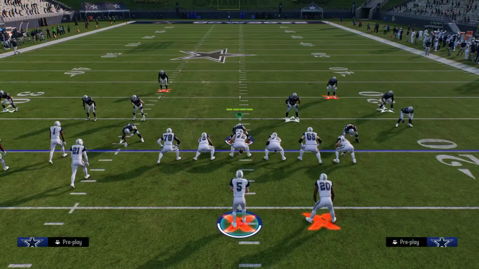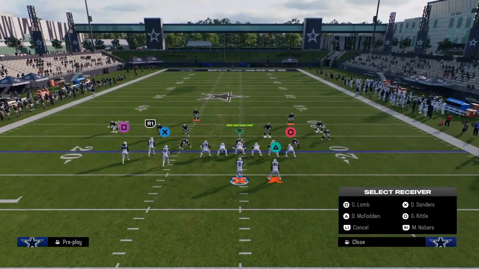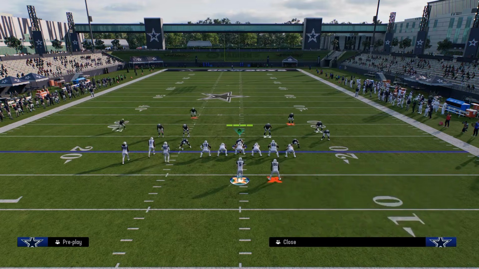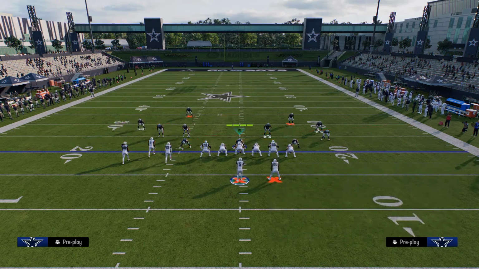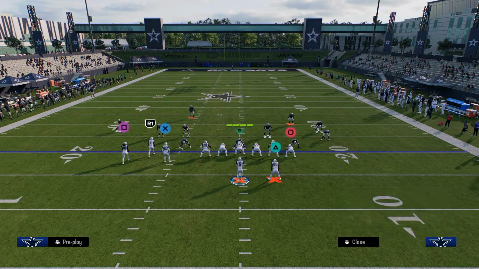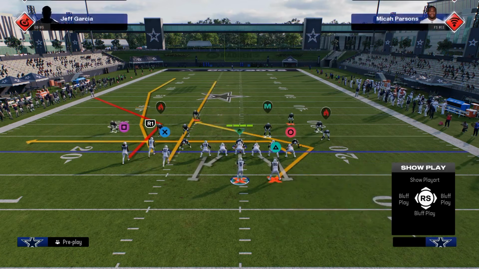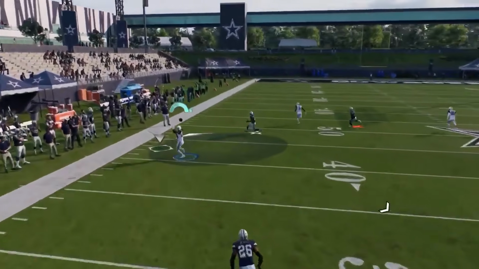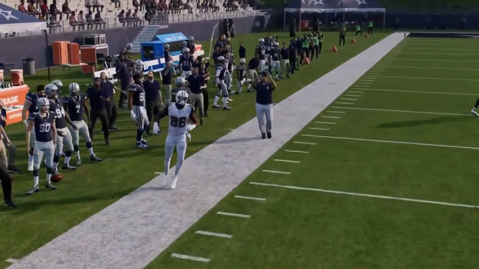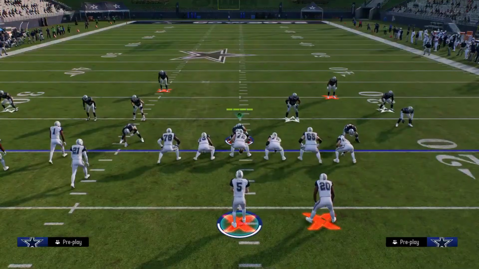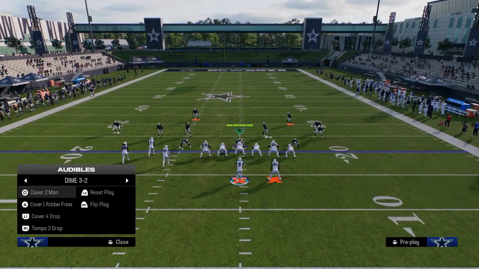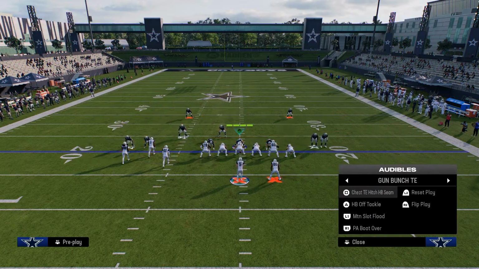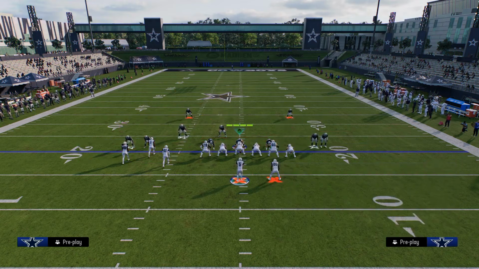But anyway, the seam streak setup is actually really good too, because we know how good seam streaks are in this game. So it'll essentially just be this right here. You still have a high-low read, but now you're utilizing a seam streak instead of a post. And then that means you can run the running back underneath on the table. So you see here, see how that corner route kind of just gets into a nice area of the field for you. So you have that play. That's one of the mainstay plays. Really, really good. Also against cover 2 man, because this little fade route is going to get into a really good spot